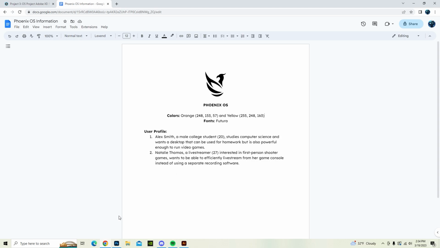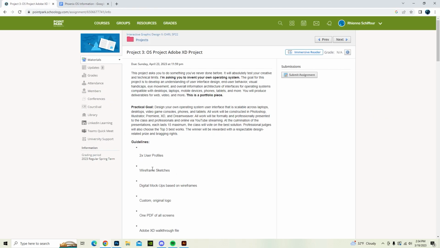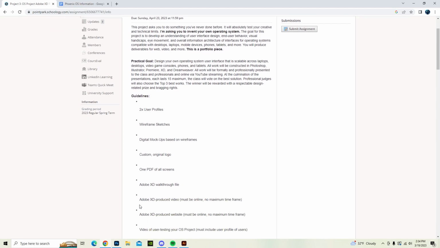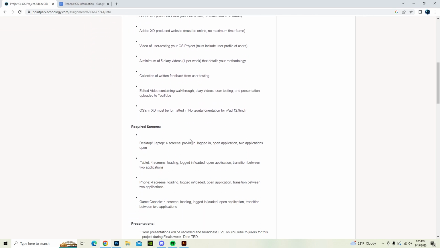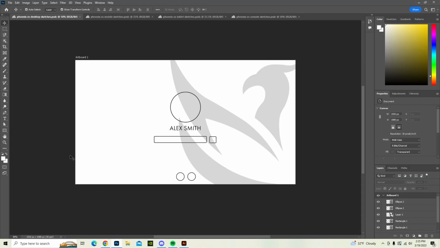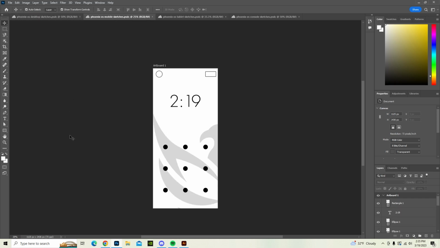So I started off by making four wireframe sketches in Photoshop. I started off by doing the login and loading screens because I just think that they're a little easier to start off with, and I wanted to get a consistent look across all four of them. So I started off with the desktop sketch. I have a mobile sketch,